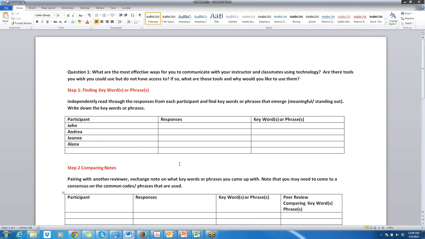So this process is called coding, and simply what that means is coming up with keywords or phrases that you can then use to make sense of your qualitative data. So for example,